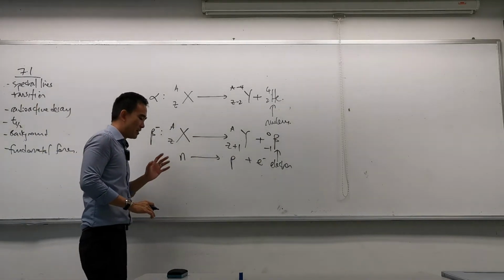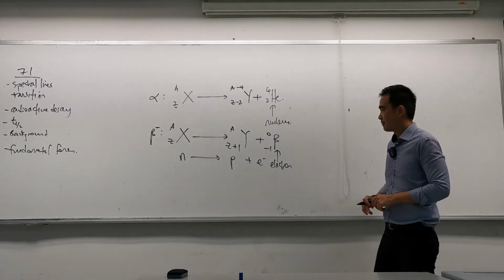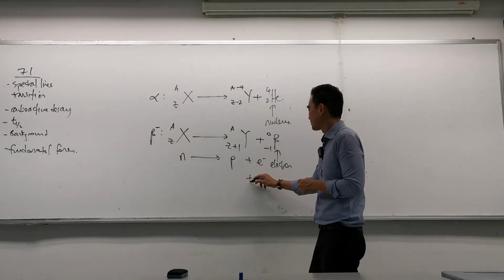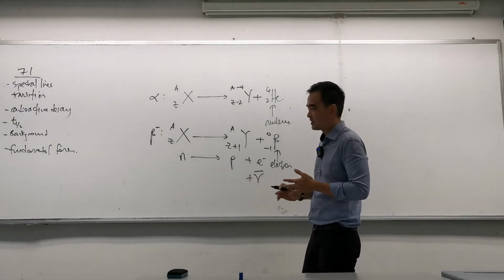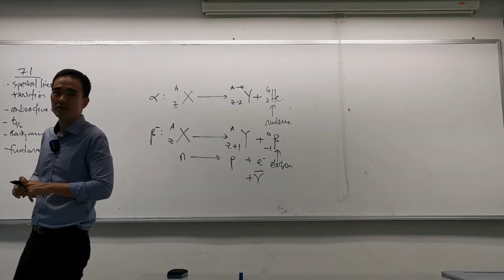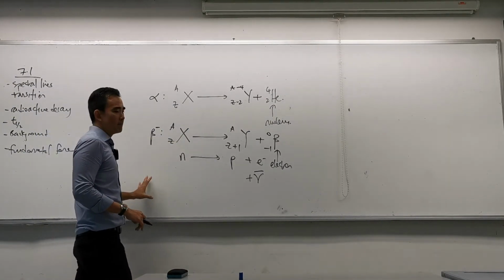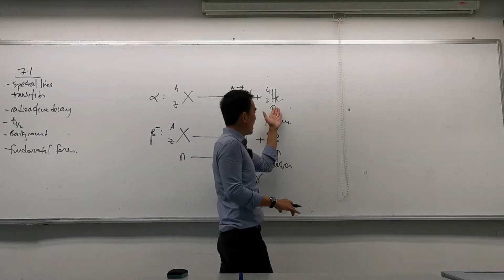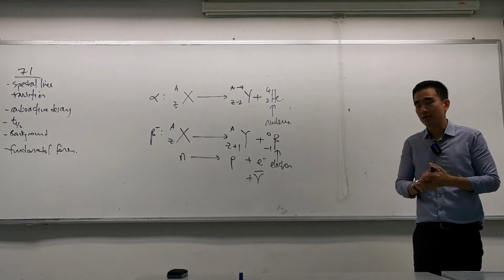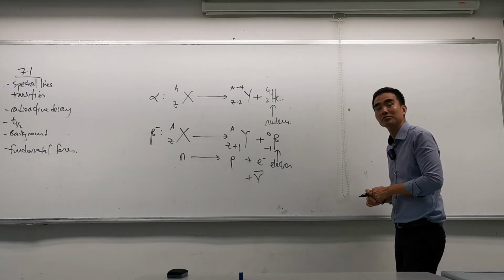Now, it was actually theorized by someone that there must be something else that is emitted with this, which is called the neutrino. In this case, it's an anti-neutrino. Now, why did this person theorize that there must be something else emitted? Because for alpha decay, and the last one, which is gamma decay, they realized that the energies of the particles that are emitted are actually constant. It's a specific value, very much like your emission lines and absorption lines.